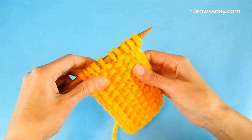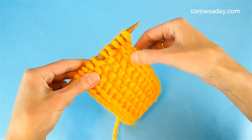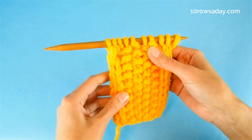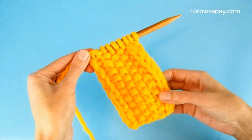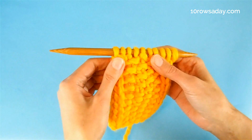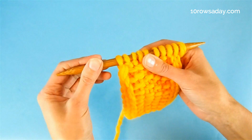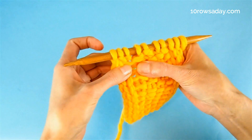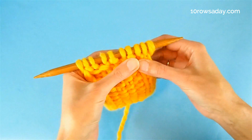As you repeat these simple steps, you will notice that there is a lovely I-cord forming at each side of the fabric, and this I-cord looks the same on both sides of the work. As you work a few rows, you will see that these strands show and they don't look nice, but don't worry. Simply pull the edging away from the fabric every now and then, and do it on both sides